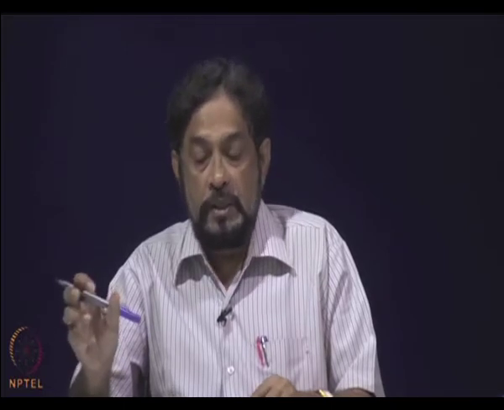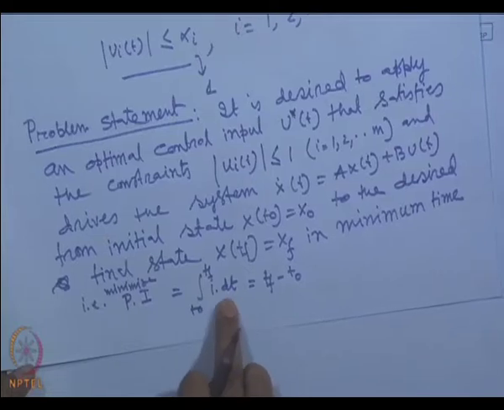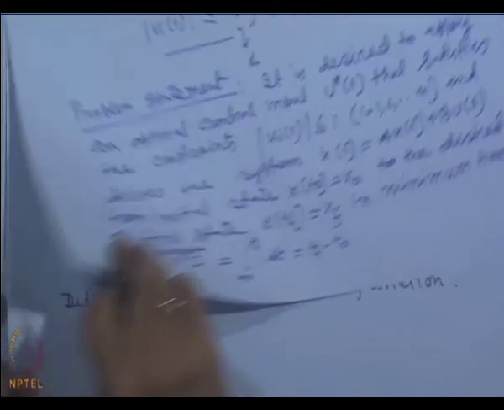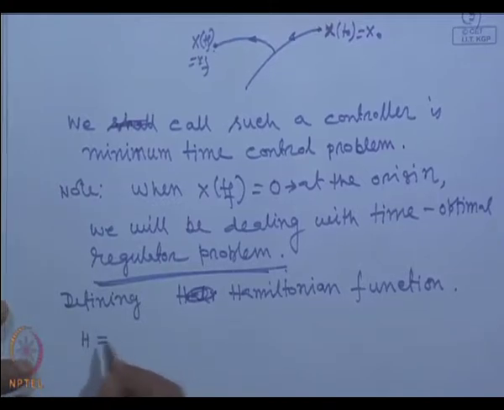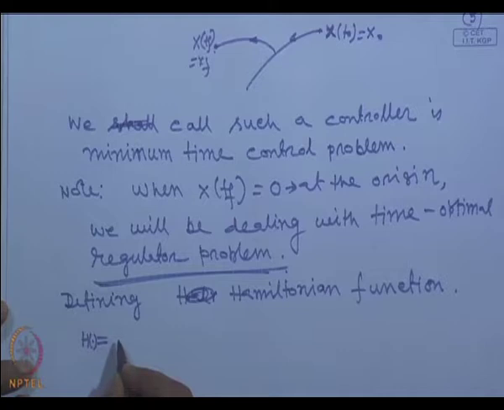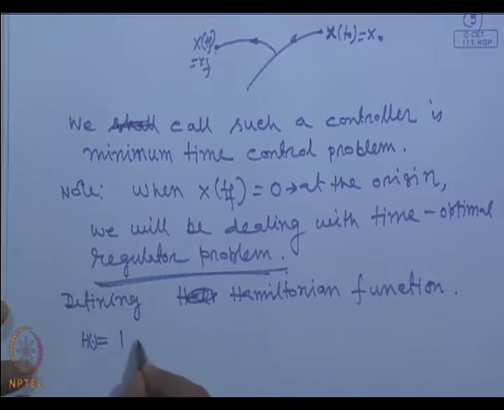So, what is the Hamiltonian function? If you recollect, our performance index is there. We form the Hamiltonian function by taking the integrand part of the performance index. Here, if you see, the integrand part of our performance index is 1. So, our Hamiltonian function H is equal to the integrand part of the performance index,